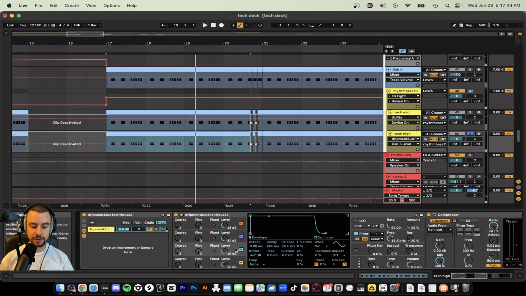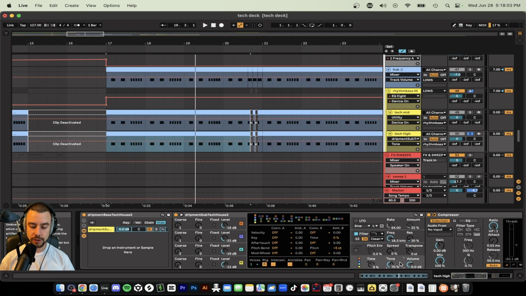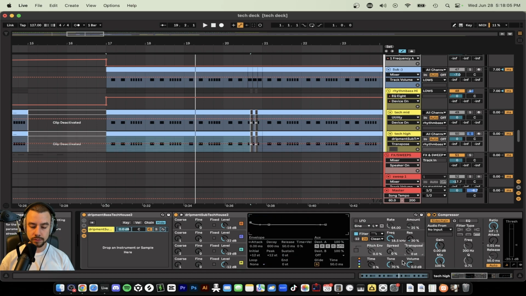You see here the levels are different. This one's negative 22, negative 19, and negative 12. This time we introduce oscillator D, negative 18, another sine wave. We're basically just introducing higher harmonics. This coarse is 1, this is 1, this is 2, this is 1, level 0, transpose is 0, glide is